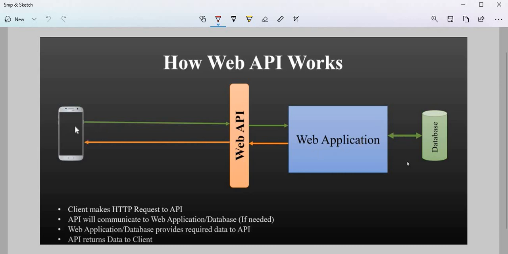सबसे पहले क्या होगा, ये एक क्लाइंट है जो एक रिक्वेस्ट भेजेगा इस API को, HTTP रिक्वेस्ट करेगा इस API को, फिर ये जो API है वो कम्युनिकेट करेगी इस वेब एप्लीकेशन के साथ, उसे बताएगी कि ये यूज़र डेटा चाहता है। तो जब ये यूज़र की रिक्वायरमेंट समझेगा कि इसको डेटा चाहिए, और डेटा तो डेटाबेस में होता है, तब ये डेटाबेस से वो डेटा लेगा। फिर क्या करेगा, ये आप देख रहे हैं orange arrow,